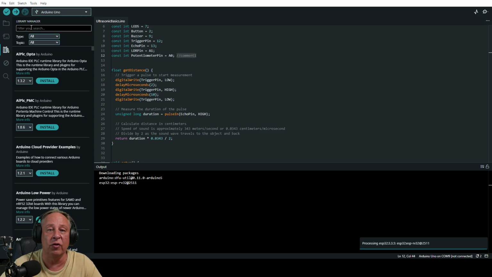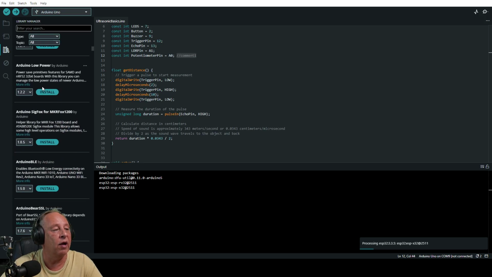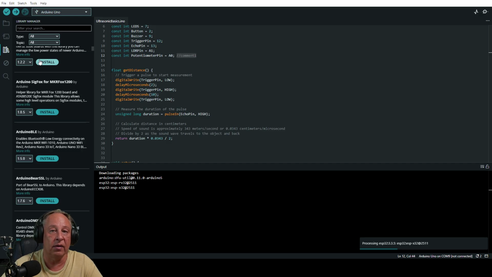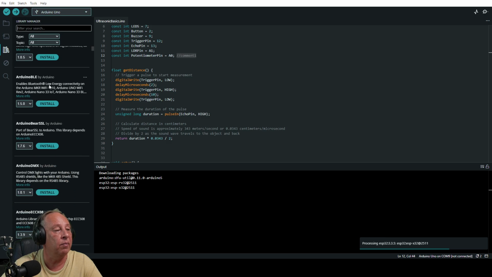You can just use the library in an easy way. And if you go down, you can see there's an Arduino low power support. It's someone that already created a power management so that you can run your microcontroller from a battery over a long period of time. BLE is Bluetooth. So all these libraries are there to make your life easier.